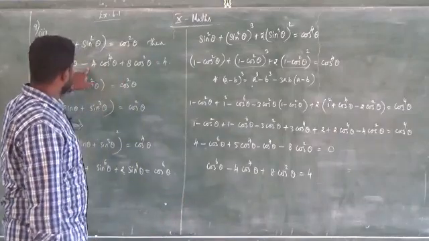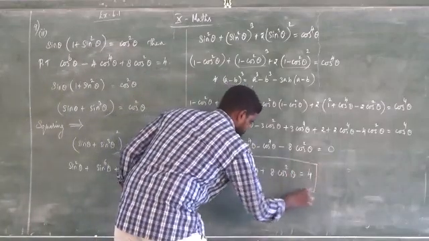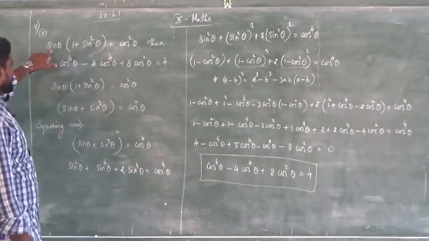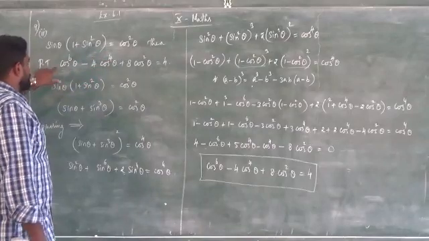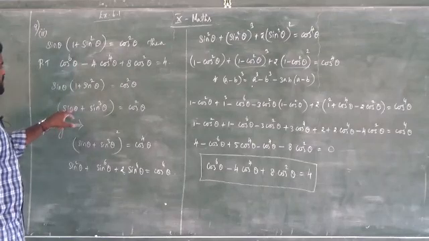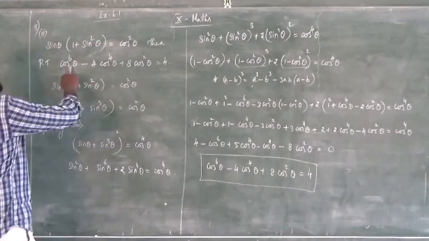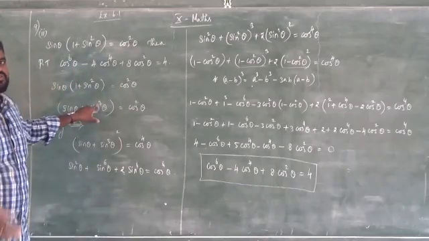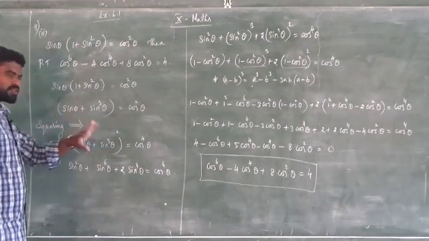Cos power 6 minus 4 cos power 4 plus 8 cos square is equal to 4. So listen, here the given value is sin theta into 1 plus sin square theta equal to cos square theta. In the proof we have power 6. So first multiply by sin theta, it becomes sin theta plus sin power 3 theta equal to cos square theta. In the proof we have cos power 6, but here the power is only 3. So if you square, then the power becomes 6. So I am going to square on both sides.